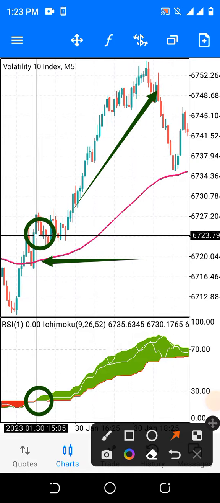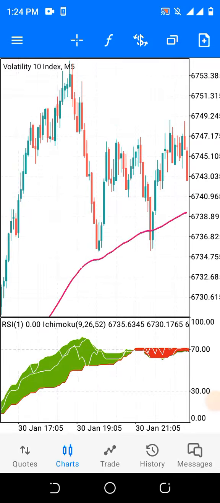You understand? Now in a case whereby the candlesticks are far away from the moving average, that trade is not going to hold. That is what a false signal is. Do you understand? Why is there a false signal? It is because if you use the moving average as your stop loss, you are going to risk a higher margin of your bankroll. Do you understand? So that is it. Now let's proceed.